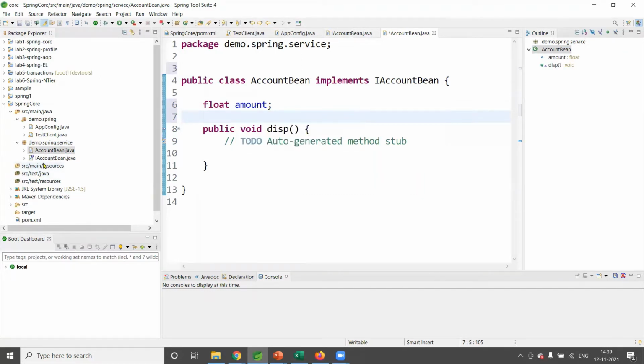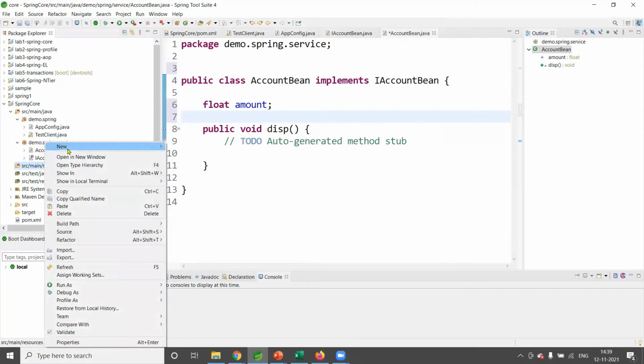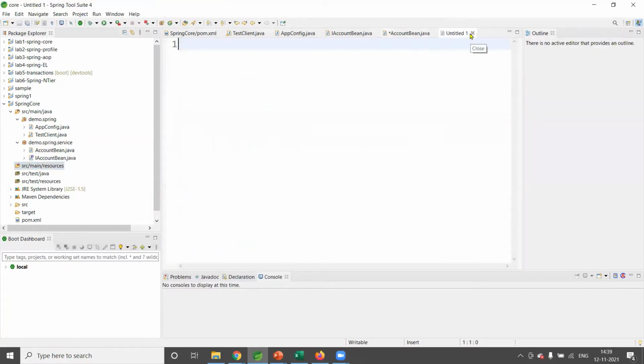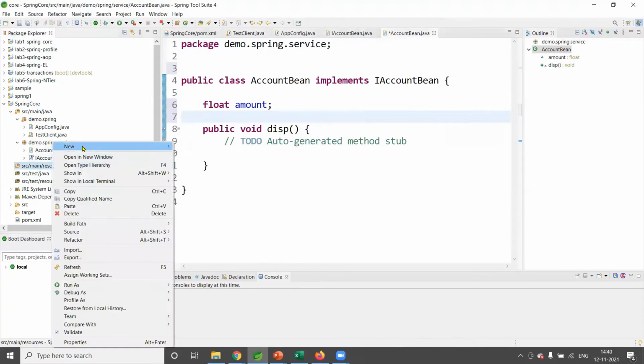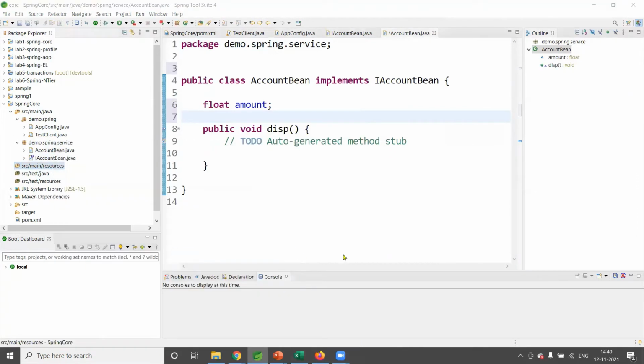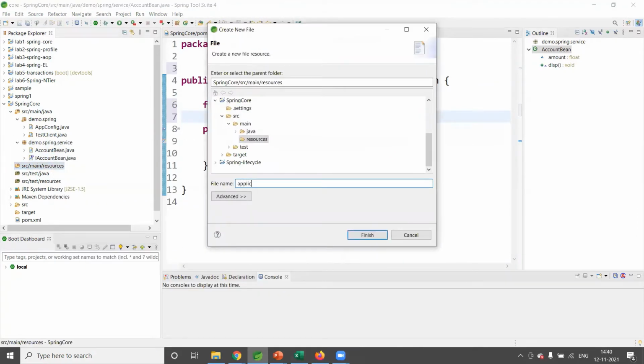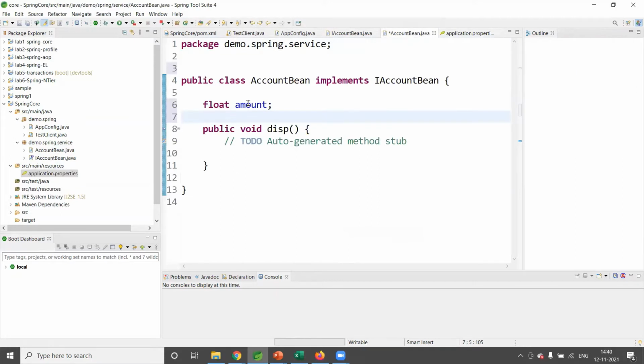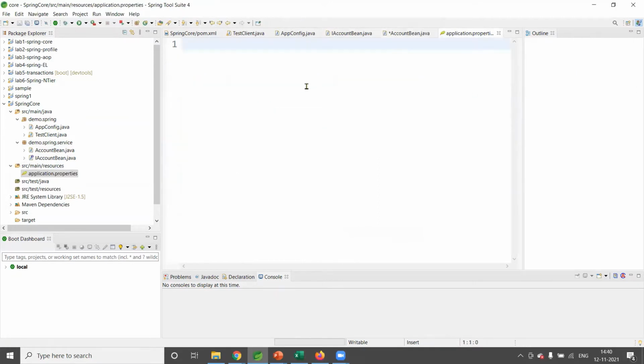So in src/main/resources, let us create one property file. Let me right click, new file, application.properties. In this property file, let us define one amount. Here it's a key and value pair.